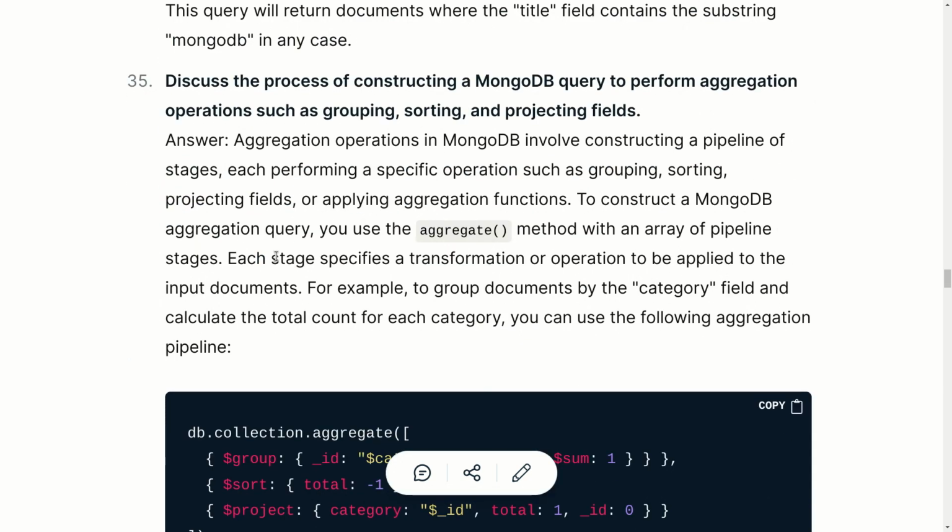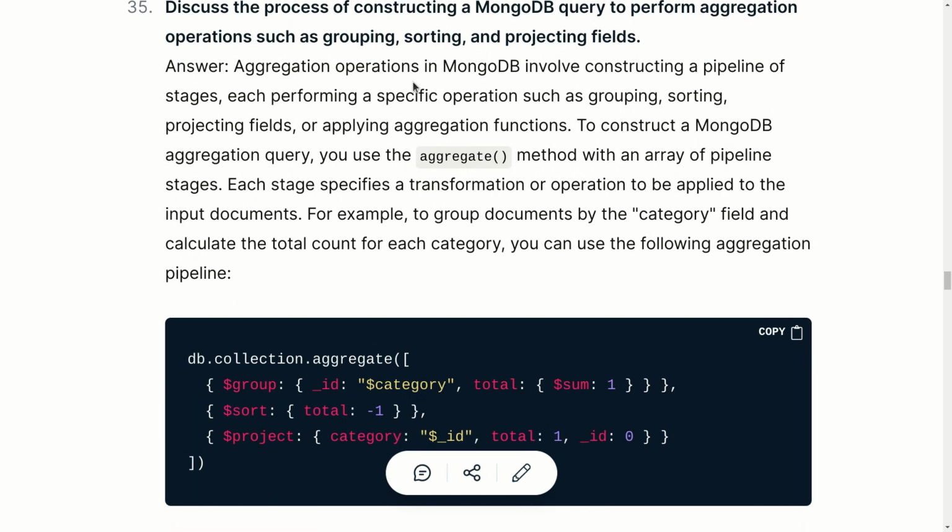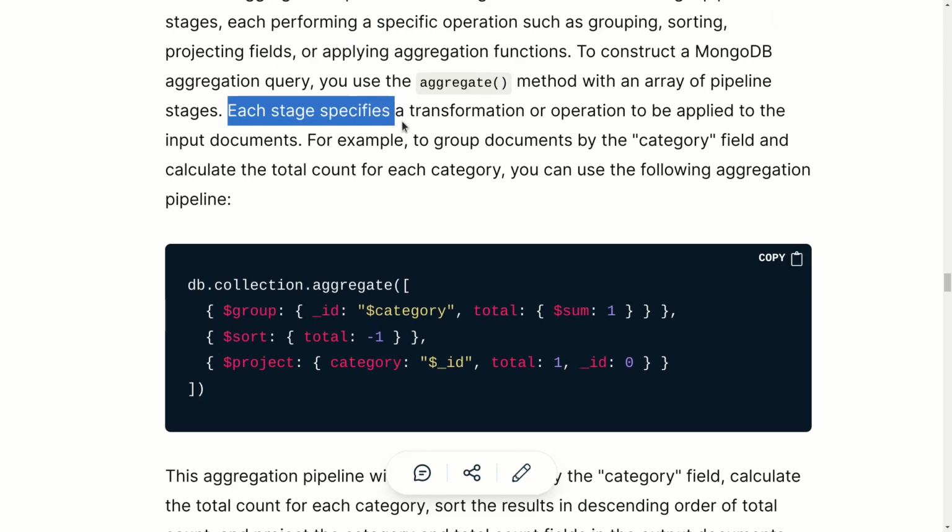This query will return the documents where the title field contains the substring MongoDB in any case, right? Now the next question is: discuss the process of constructing a MongoDB query to perform aggregation operations such as grouping, sorting, projecting fields, and so on. An aggregation operation in MongoDB involves constructing pipeline stages, each performing a specific operation such as grouping, sorting, projecting fields, and applying aggregation functions. To construct a MongoDB aggregation query, you can use the aggregate method with an array of pipeline stages. Each stage specifies